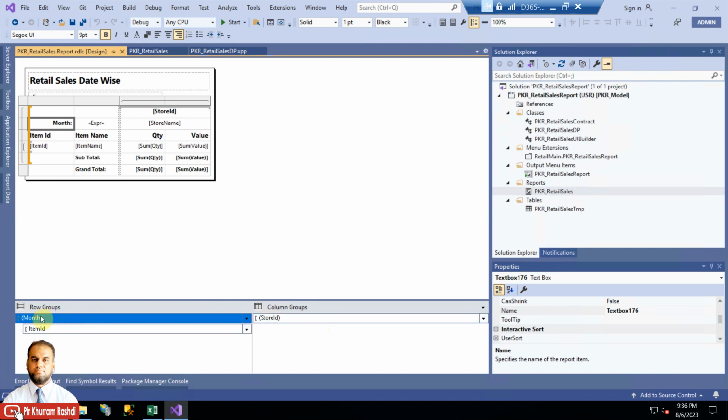Row groups have parent and child groups. Parent is a month expression, which returns the month and year from the transaction date, and then the child expression shows the item ID and item name. We have subtotal and grand total. Grand total is the total of all totals, and subtotal is for each